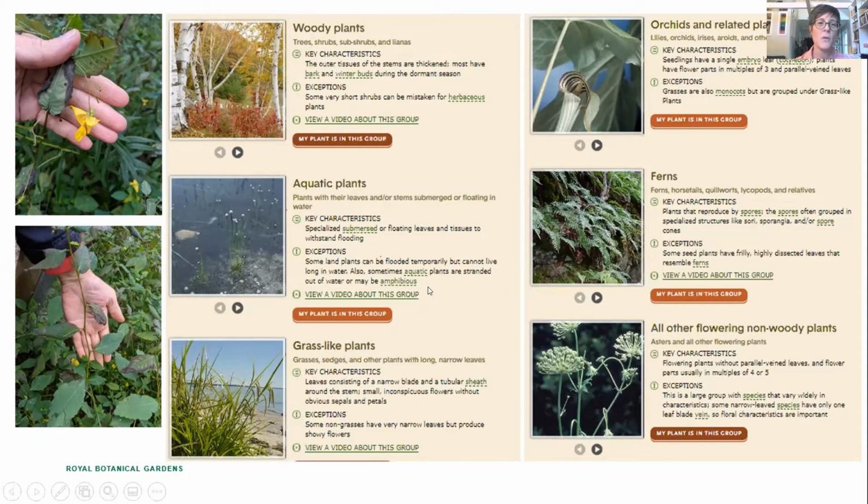And it also gives you, in the exceptions, a few hints to know whether what you're looking at is actually in this group. So our plant here is part of the all other flowering non-woody plants. So I would click my plant is in this group, and then it would take me